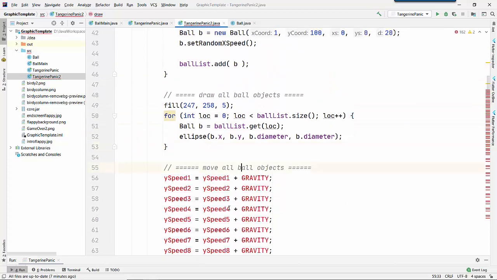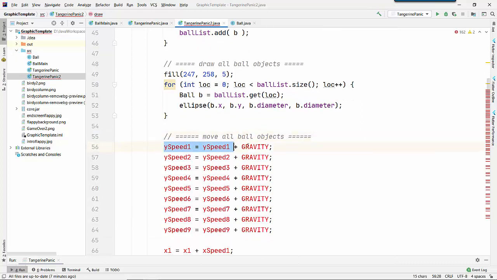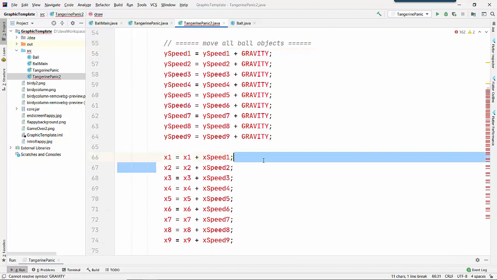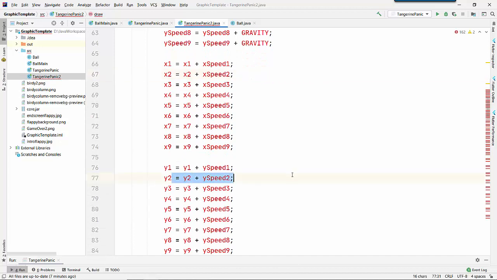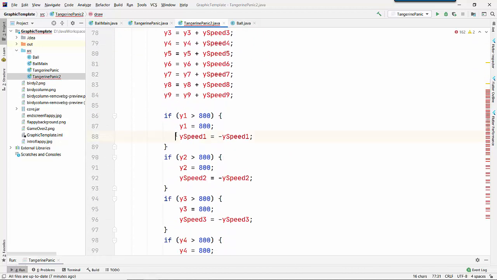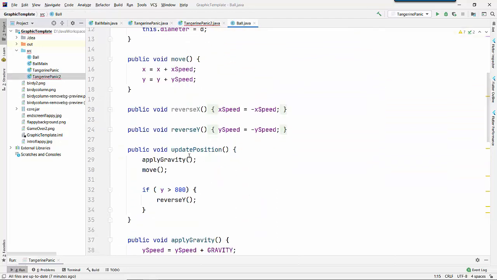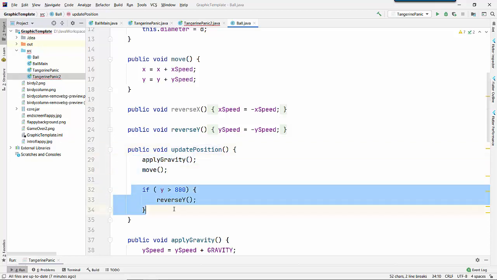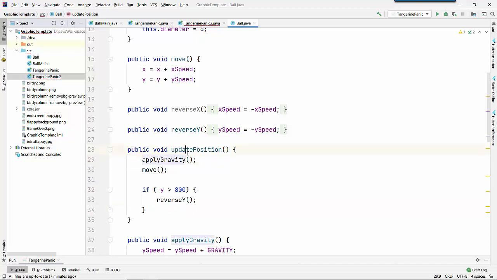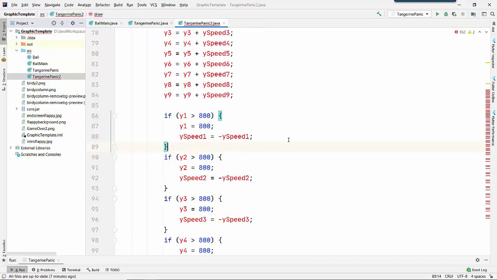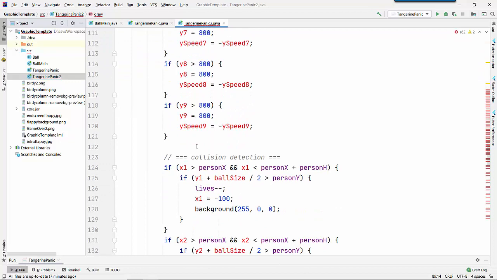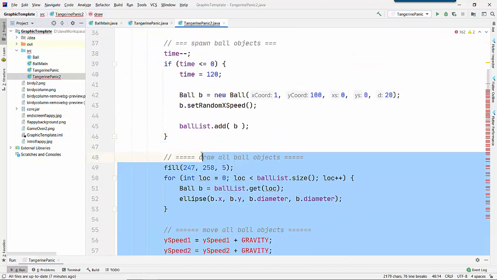Okay, what about moving all of the ball objects? So here, we're adding gravity, and then here we're updating the x coordinates, and here we're updating the y coordinates. And this is about bouncing off the bottom of the screen. But if you remember, inside ball, our update position method does all that. It applies gravity, it moves, and it bounces off the bottom of the screen. So all of that code happens whenever we tell a ball to update its position. So we can actually delete all of this